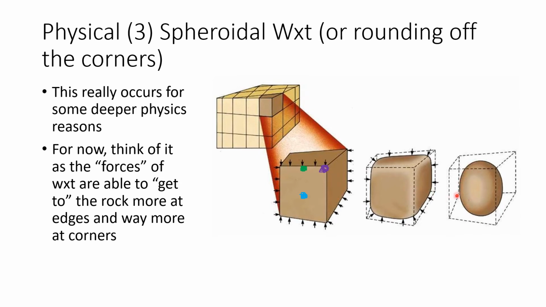Your result is a nice spheroidal or rounded. And technically those mean different things, but we won't worry about it here. So this rounded or spheroidal system where the corners are rounded off. You see this a lot in like stream gravels and stuff. You can break them, and sometimes they get broken naturally, but most of them are going to be in a nice rounded form like that.